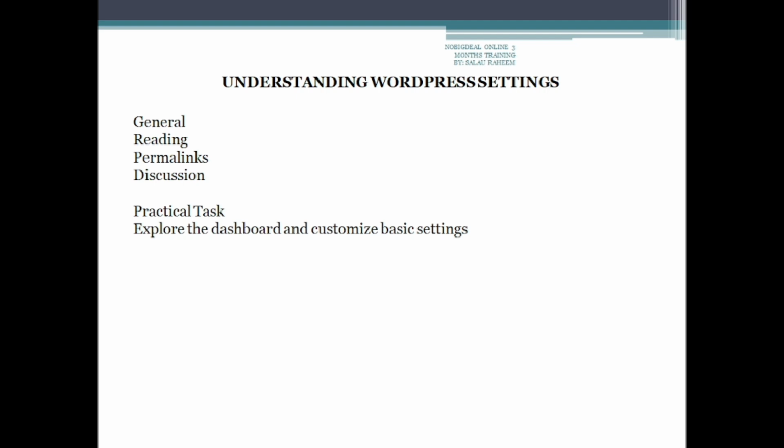Then when you talk about readings, that's where we control the home page display and the number of posts per page. That is where we check it. How many posts have you made? You can see it under these readings. Then permalinks is talking about the URL, uniform resource locator. That's where we customize the structure for the SEO.